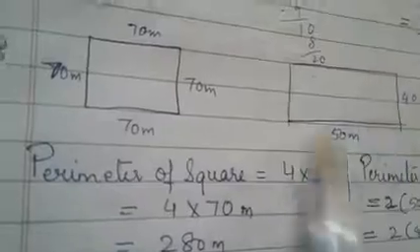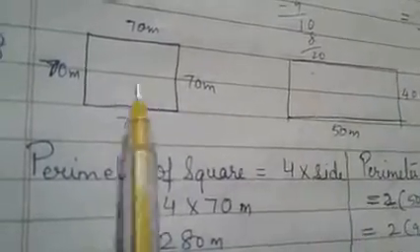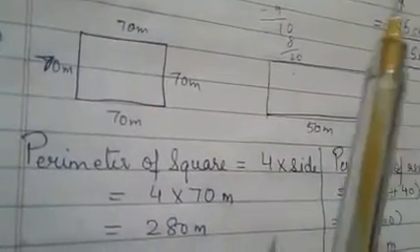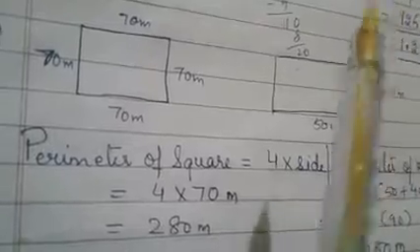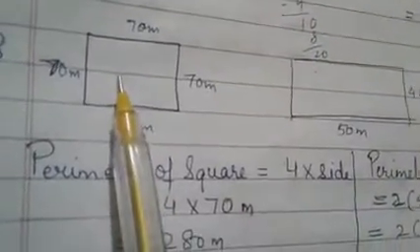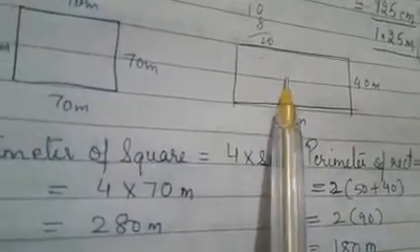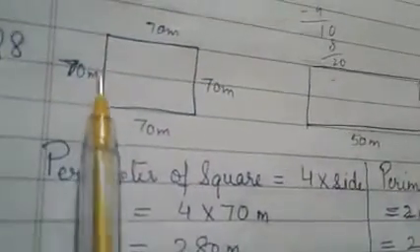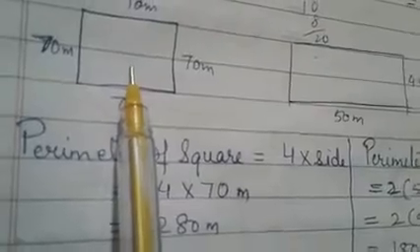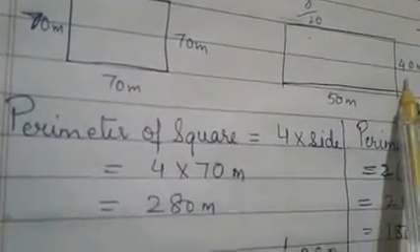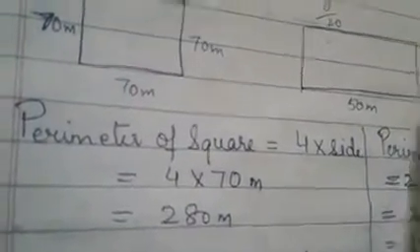So this is a square, this is a rectangle. We have to compare its perimeter. When comparison comes, it means which is greater, which is smaller. So the perimeter of the square you have to find out and the perimeter of the rectangle you have to find out, and its dimensions are given. Dimensions means the side of the square is given and the length and breadth of the rectangle are also given, okay?